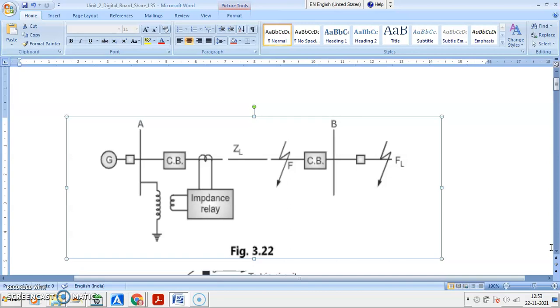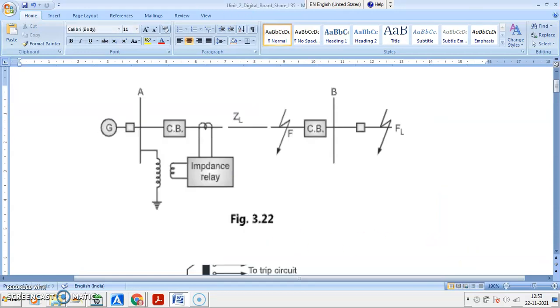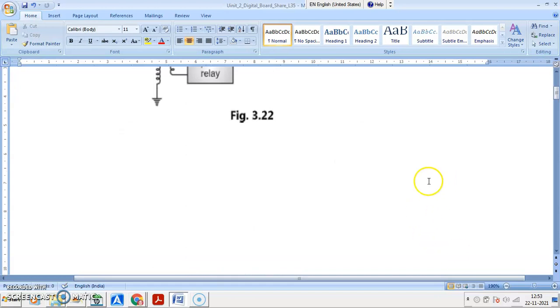My sound is clear? Operating torque is directly proportional to the impedance of the circuit. Therefore, this relay is called a distance relay. Okay? Operating torque is directly proportional to